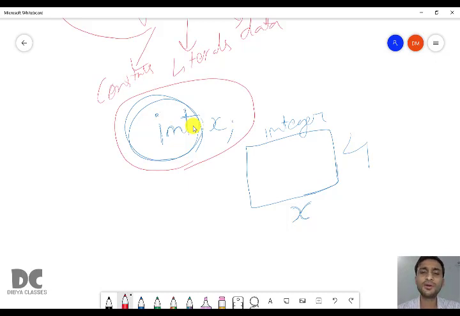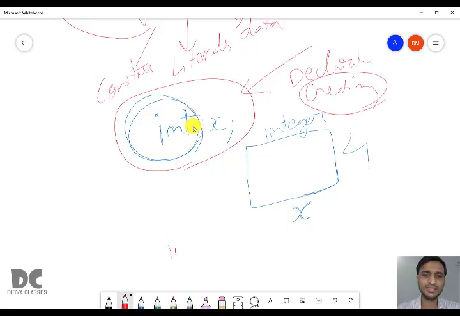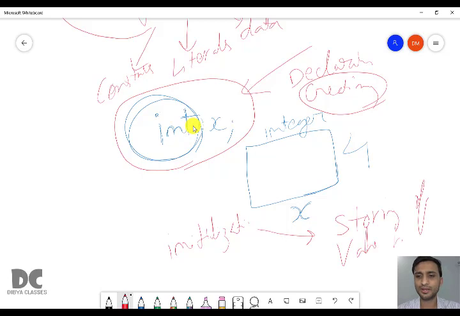Then we studied declaration with initialization. Declaration means creation of variables, and initialization means storing of a value in a variable.